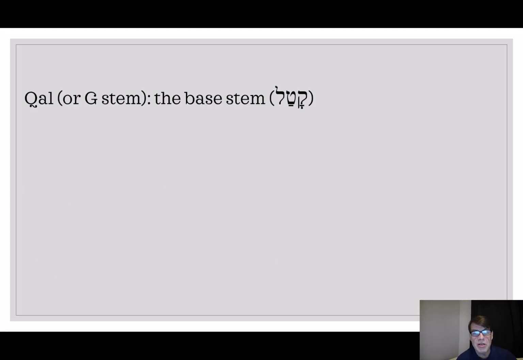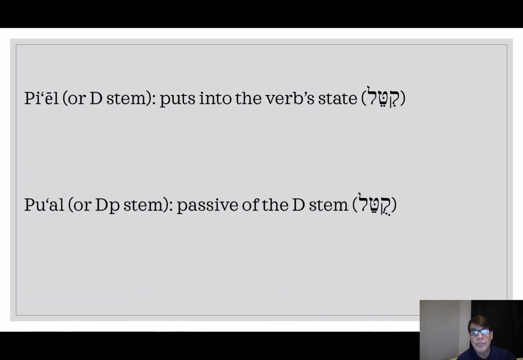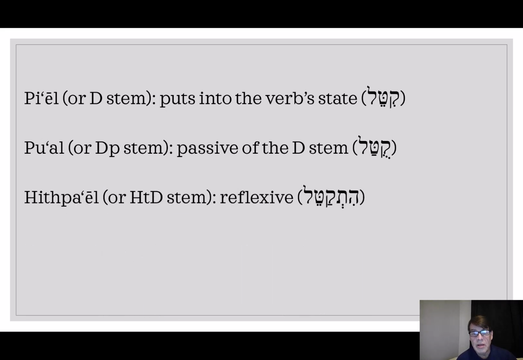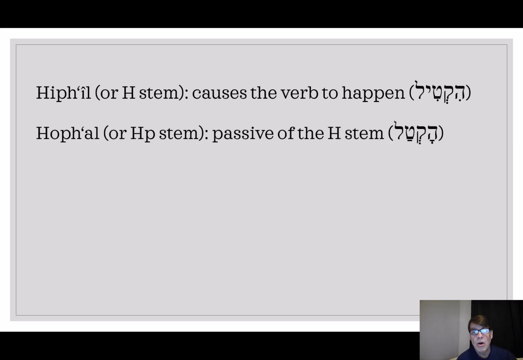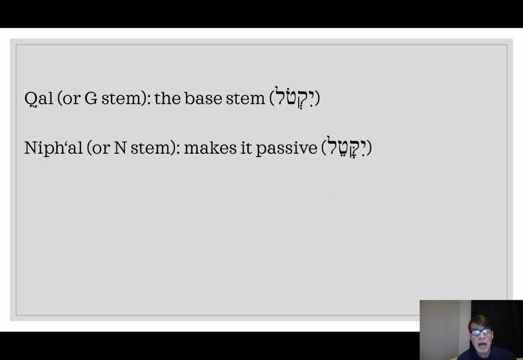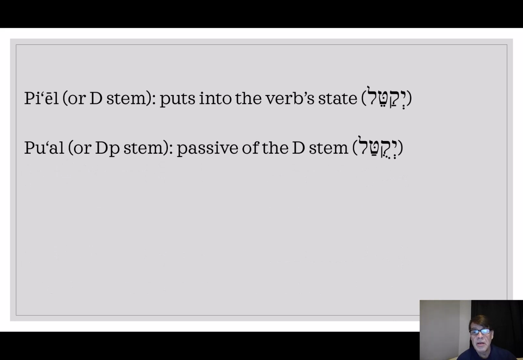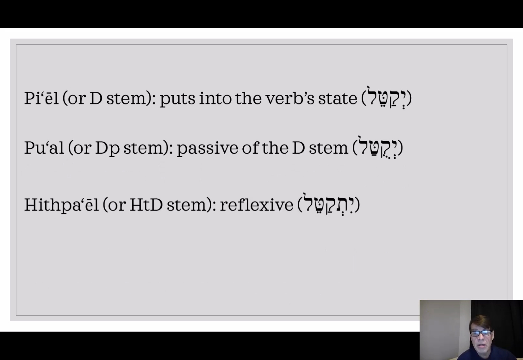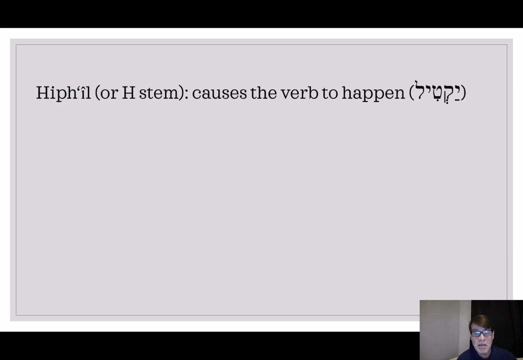So the song is Katal, Nick Tal, Kitail, Kutal, Hit Katail, Hick Teal, Hook Tal, Yik Tol, Yikatail, Yakatail, Yakutal, Yitkatail, Yaktil,